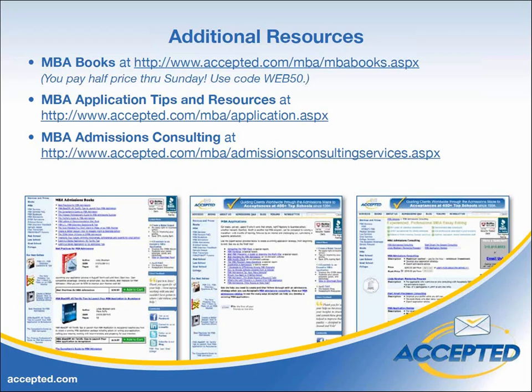And that's also why I typically recommend that you apply to 1 to 2 stretch schools, 3 to 4 competitive schools, and 1 or 2 safety schools. That allows you to apply to a range of programs. And what's a safety, what's a competitive, what's a stretch is somewhat of an art, but you can use a